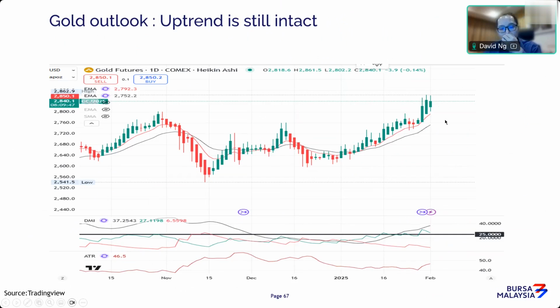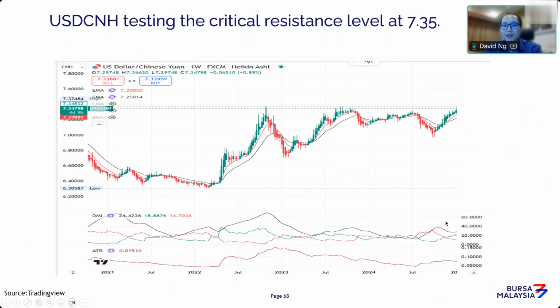So going based on these parameters that I just mentioned, if you just look at gold itself, it's generally still an uptrend market. If you look at the ADX value, it's still rising. It's still showing you that there's still strength in this uptrend. Up until when ADX starts to peak, that's where potentially, technically, the gold market may face a bit of resistance, and that's where you need to be careful. Now, in terms of the Chinese currency, it's still showing you weakness. It's still an uptrend in the sense that the Chinese currency is getting weaker. ADX is still rising.